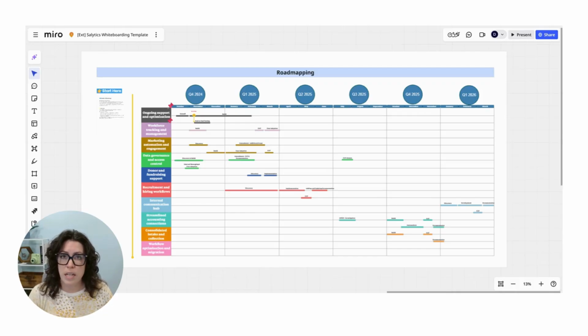So down the left-hand side, you can list initiatives or maybe departments, and then across the roadmap, you can list out the timeline and all of the other dependencies of that project. With the roadmap complete, you'll be able to drive your digital transformation forward with intention. We're excited for you.